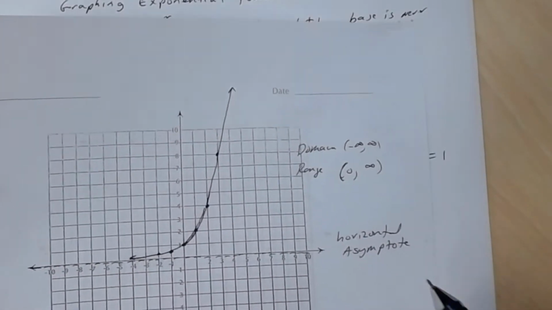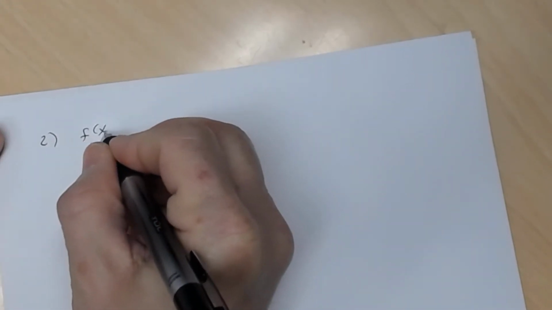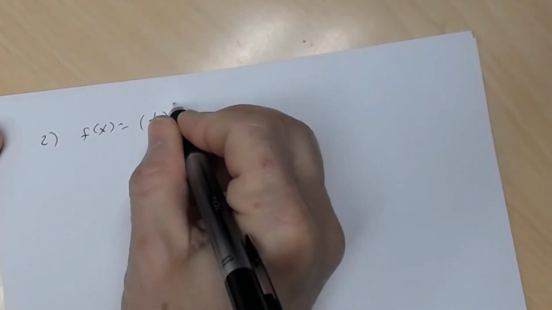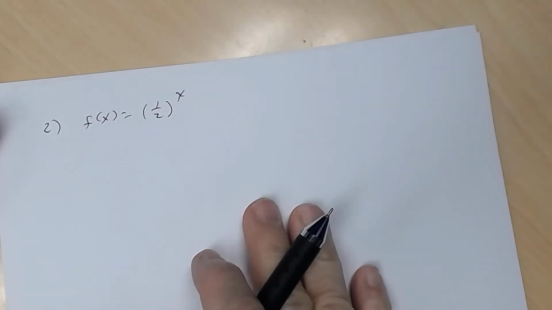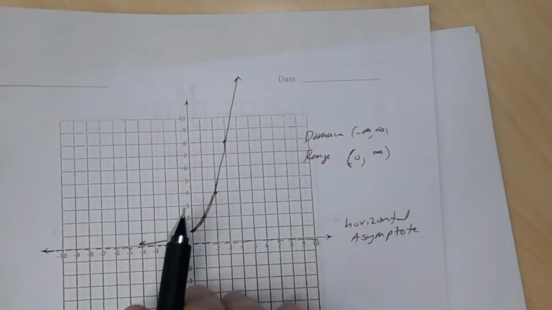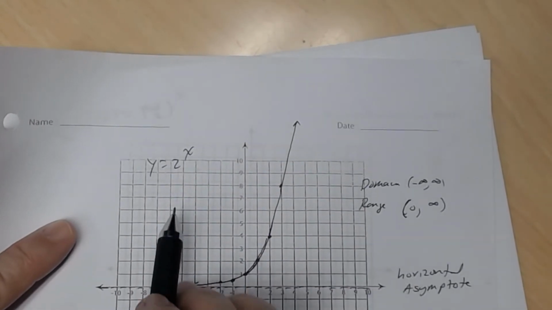Okay, now let's look at another one. So this is going to be number 2. We're going to graph f of x equals 1/2 to the x. So what I want to also mention is this. So for this one right here, which was y equals 2 to the x,